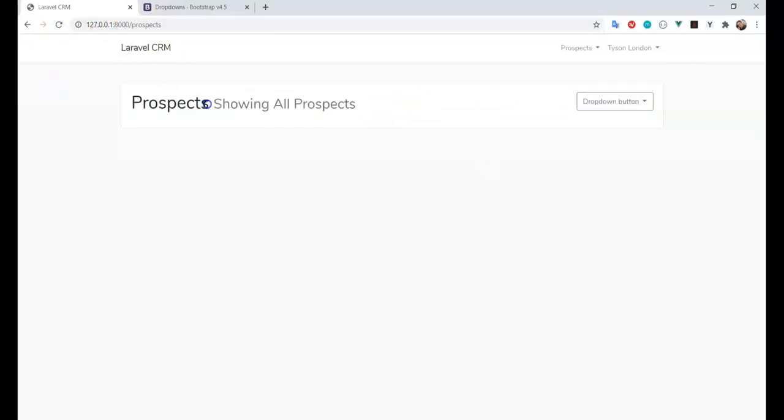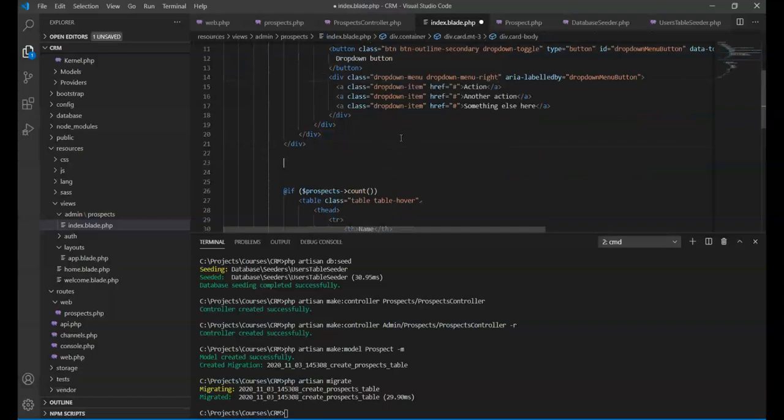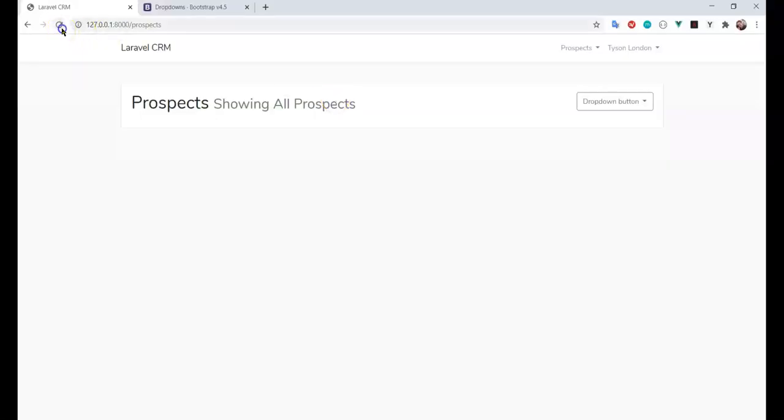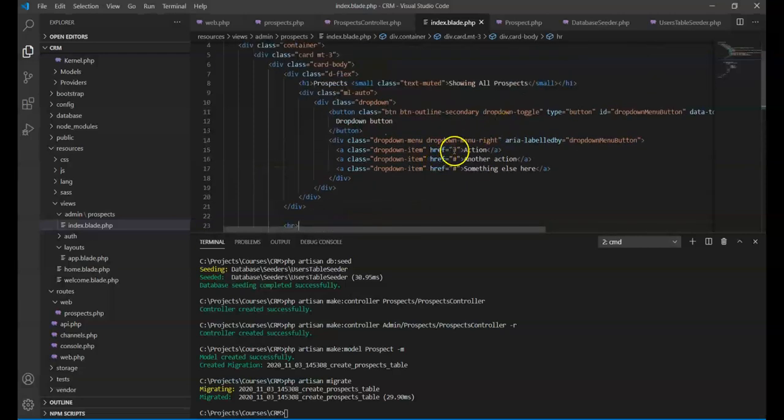So that's great. Let's put a little underline in here underneath that menu. Let's go here. HR. Perfect. So that's going to break things up between there and our table. Now in here, what we're going to want to do is we're going to want to build a form for us to actually be able to create a prospect. So let's say admin dot prospects